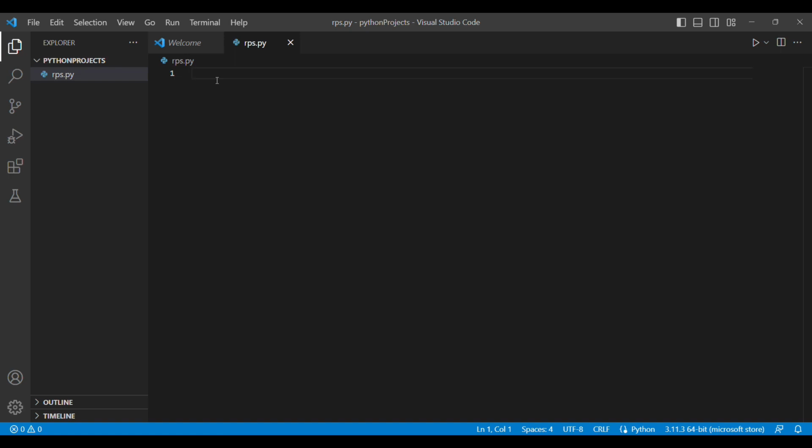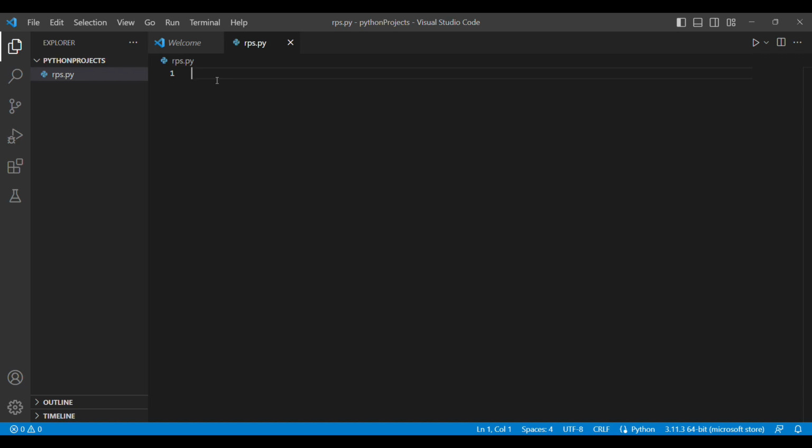That means it's going to compare the player score and the computer score, and it's going to print out who won. And finally, we're going to have a play function, which is going to consist of a loop that's going to run a certain amount of times. That means it might run 5 times if we want 5 rounds. That is going to be decided when we write the code.